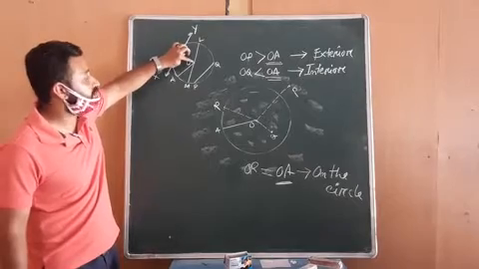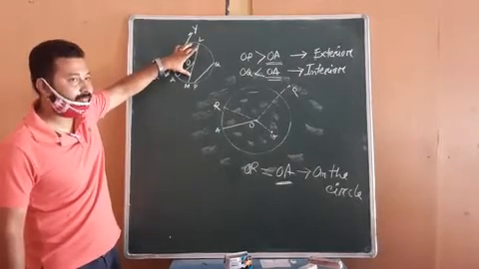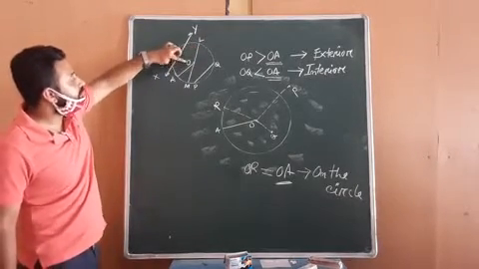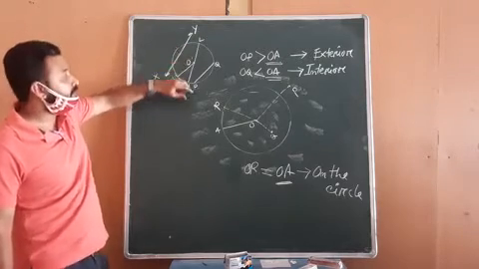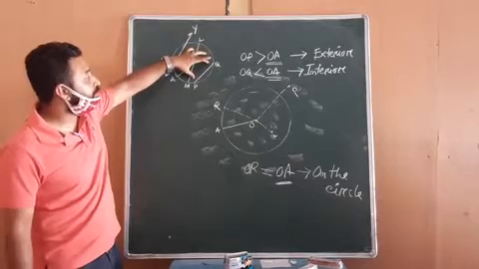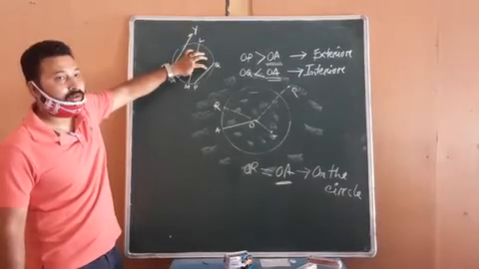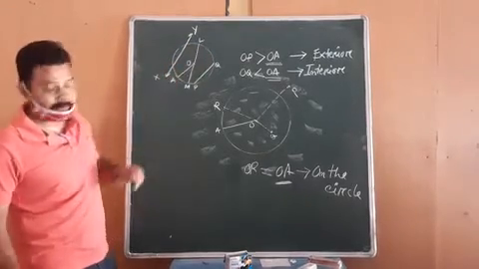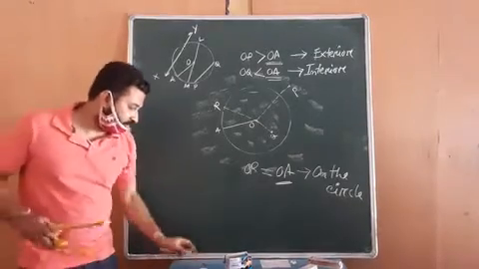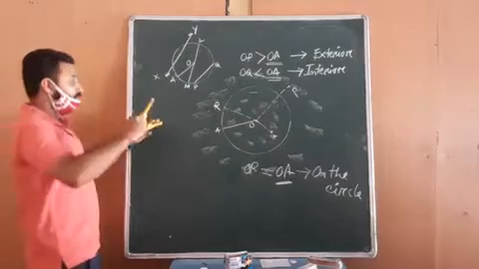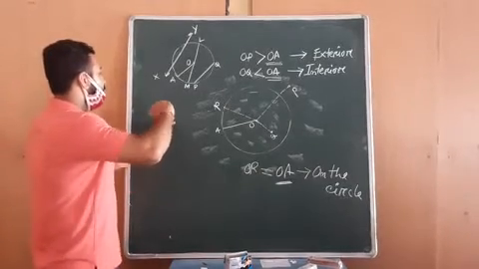A line segment joining any two points of the circle which passes through the center is called the diameter. A line segment which joins the center and any point of the circle is called the radius. A line segment joining any two points on the circle is called a chord of the circle. Okay. So let's move on to the next parts of the circle. In a circle, suppose we have one circle.